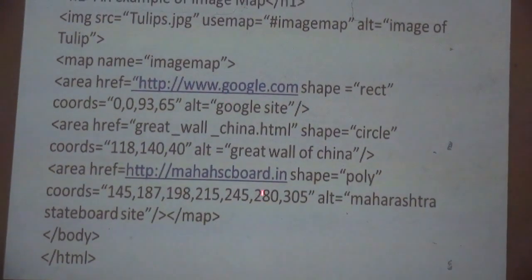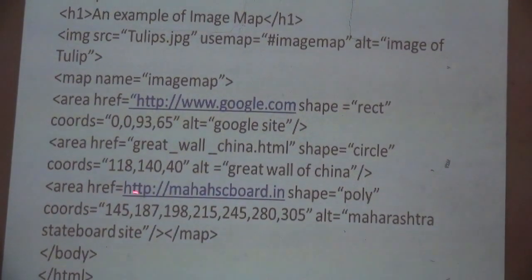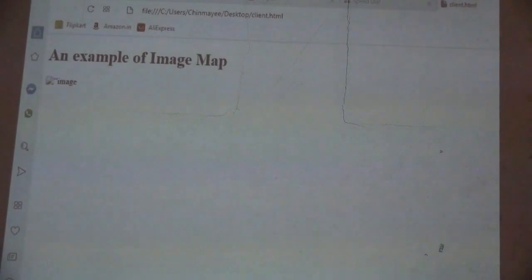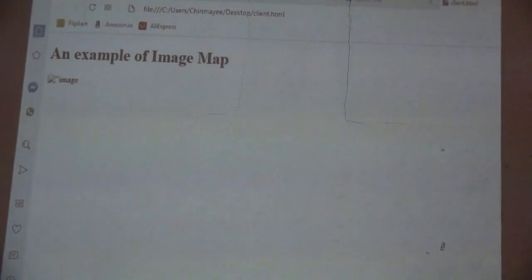We are using the Great Wall of China, but I did not have that kind of image, so this program does not completely show the output. The program runs, but not the image, so you have to see the image of the Wall of China. I will explain it in the practical session.